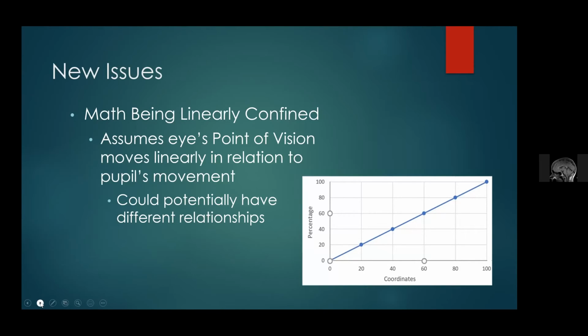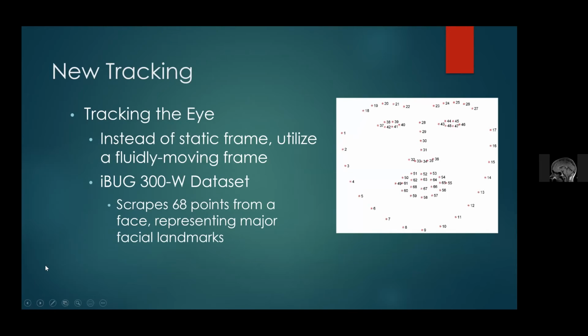So our first solution to the first problem is to track the eye in movement. Previously, our goal was to track the pupil, and I'm sorry I've been interchanging the two words, but they're two different things. We have to track the eye movement alongside the pupil movement. So previously our frame to capture the eye and pupil was static, but now we have to keep it fluidly moving to ensure that the eye and pupil are in the relative center of the frame. And to do this, I utilized the